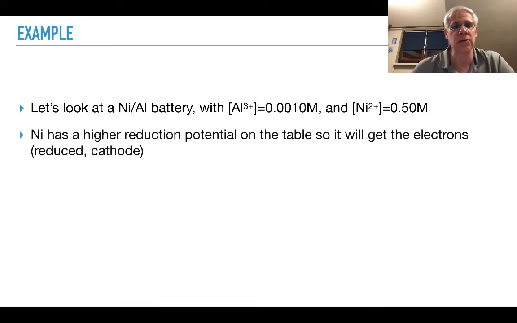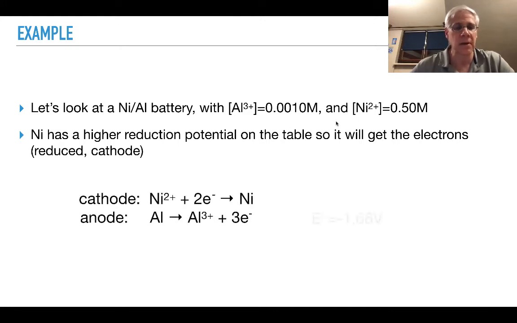So let's take a look at an example here. If we look at a nickel aluminum battery with aluminum 3 plus at 0.001 and nickel 2 plus at 0.5, we can see those are not 1 molar, so we know that we're not under standard conditions. If we're not given a temperature, we can assume that we are at 298 Kelvin. So if we happen to have a table of potentials, we would see that nickel has a higher reduction potential on the table, so that gets the electrons, so it'll be reduced, and it will be the cathode,